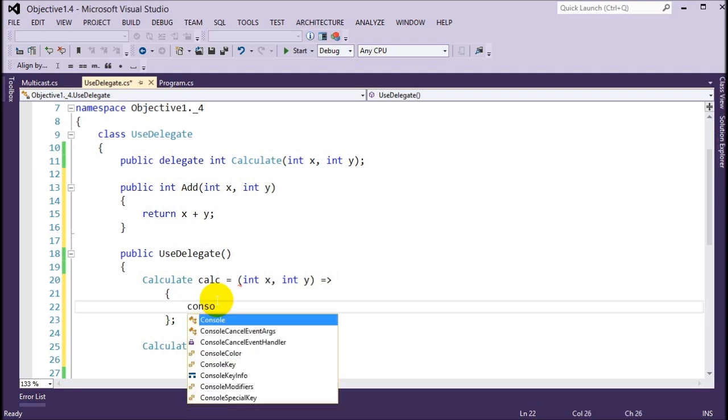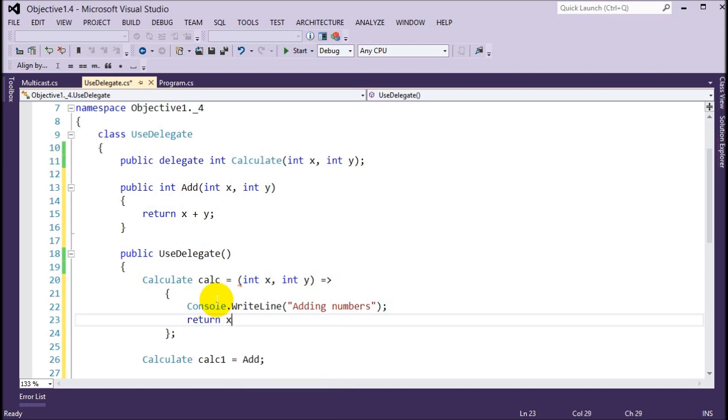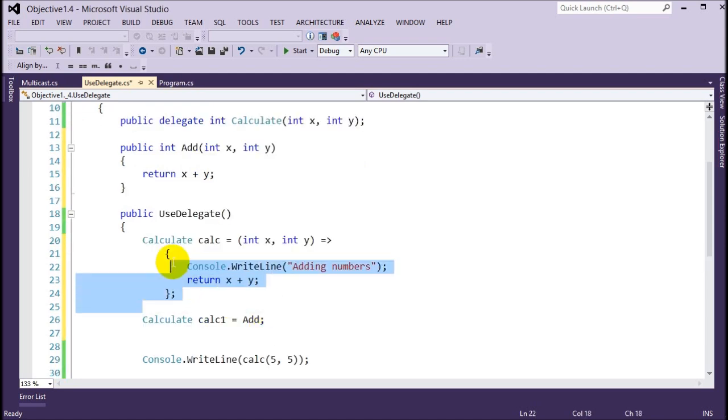So if I go Console.WriteLine, I'll say adding numbers. That's one line. And remember what I said, if you use multiple lines in a lambda expression, then you have to say return x plus y. It can't be inferred at this point. You have to say return now. So now this is my function right here. Right here is a function that is